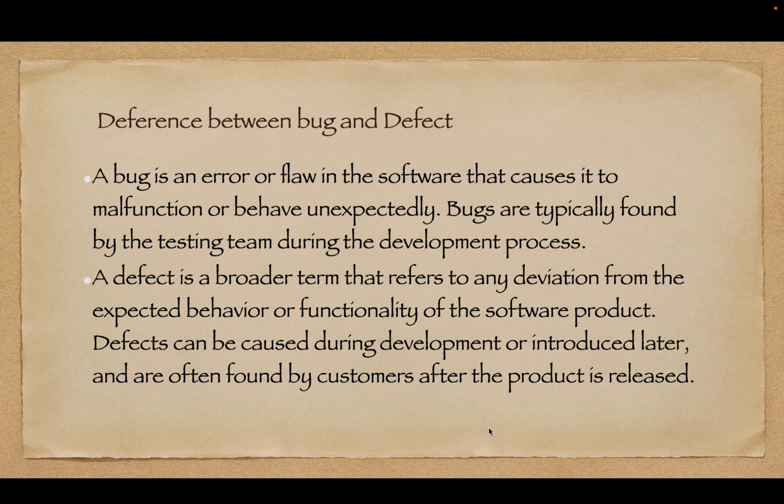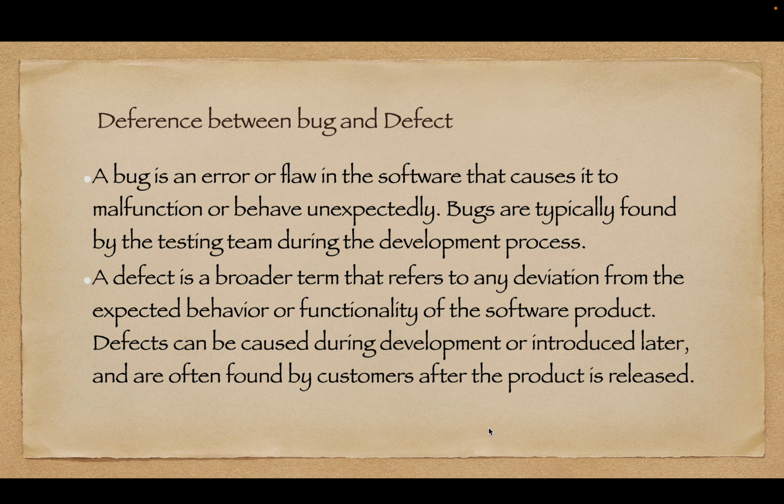So what is a bug? In simple language we can say a bug is an error or flaw in the software that causes it to malfunction or behave unexpectedly. Bugs are typically found by the testing team during the development process. And what is a defect? A defect is a broader term that refers to any deviation from the expected behavior or functionality